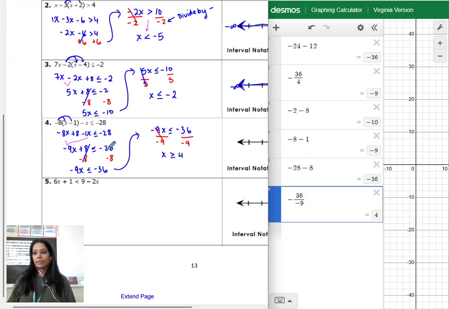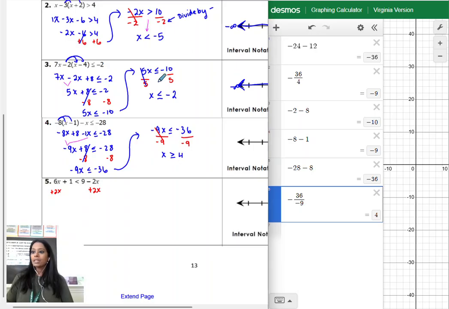All right, last example here. So you have variables on both sides of the equal sign. So what I need to do is first move the variable from the right side to the left side. Now this is very important, especially with inequalities. We want to make sure that the variable is always on the left, because it helps us when we graph, okay? So I'm going to go ahead and add 2x on both sides, bring my variable over to the left